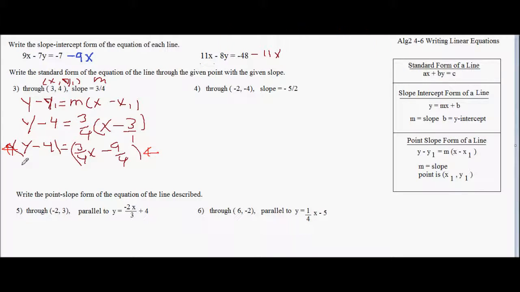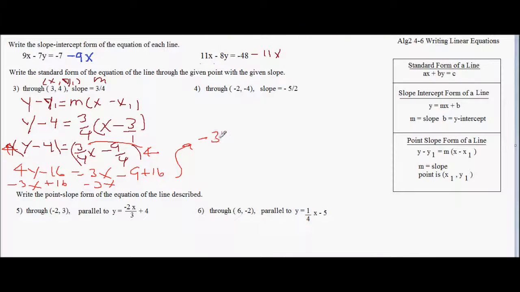So I get 4y minus 16. This 4 cancels the 4 on the bottom. We get 3x minus 9. I'm going to move minus 3x over this side and a plus 16 over this side, which gives me